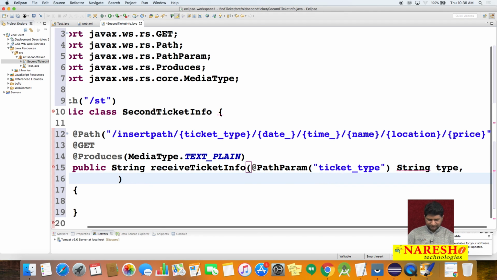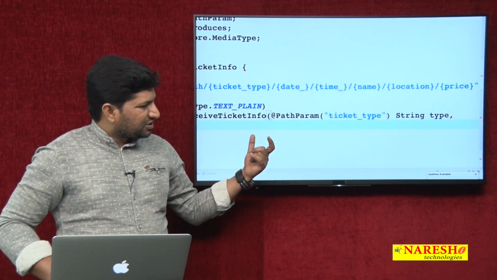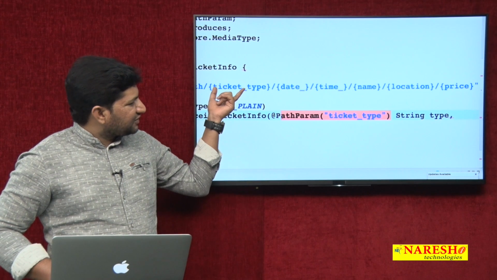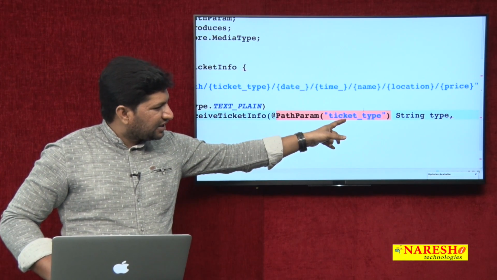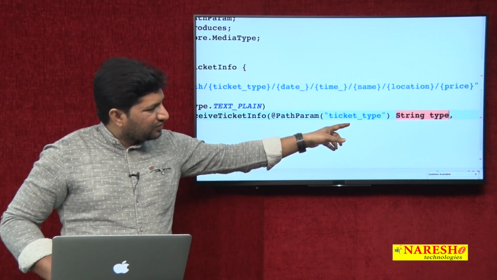So, we are telling in this statement that whatever data I am receiving in the first parameter, the ticket type, that value should be stored into a string variable called